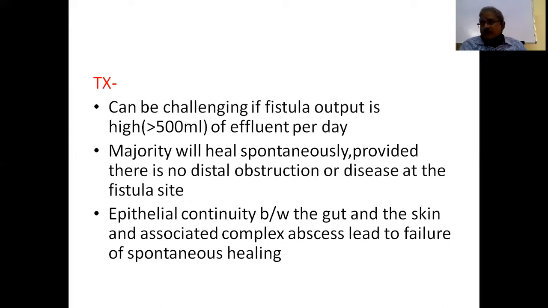The problem with a fecal fistula is that the contents from the small bowel or stomach, from whatever is the origin of the fistulation, can be high output or low output. We divide them into low output and high output fistulae. The arbitrary borderline definition is that anything more than 500 ml effluent coming out per day defines high output, and anything less than 500 ml is low output.